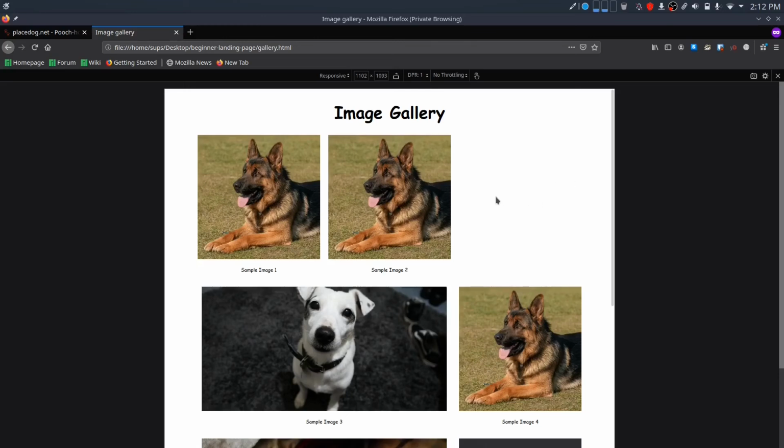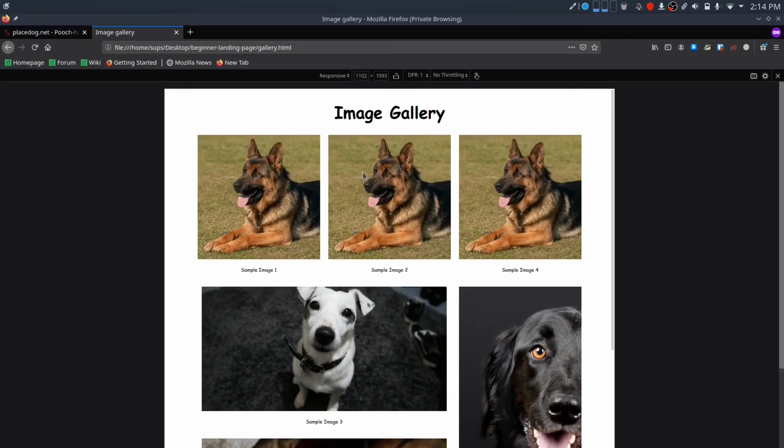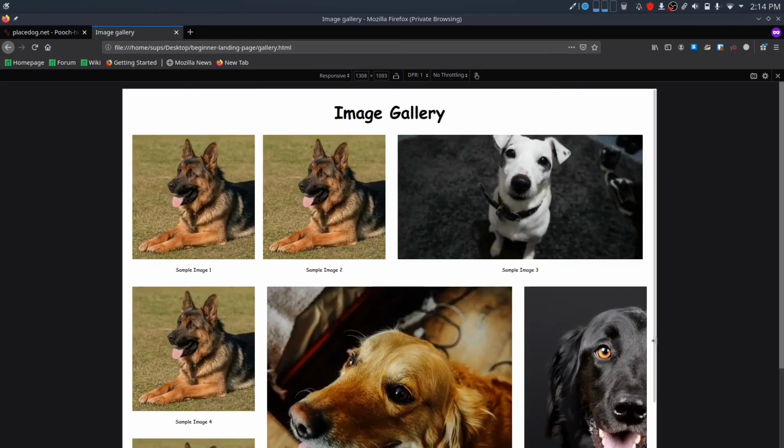Now let me fix this empty space that we have here. The problem is that the third image card spans 2 columns and the web page is waiting till there is enough space for this card. This will ensure that the cards will be tightly packed, and if there is enough room, any image may flow to that empty space. You can see as soon as we have space for this wider image, it flows to this third position. This shows that the grid will also try to maintain the order of HTML elements.